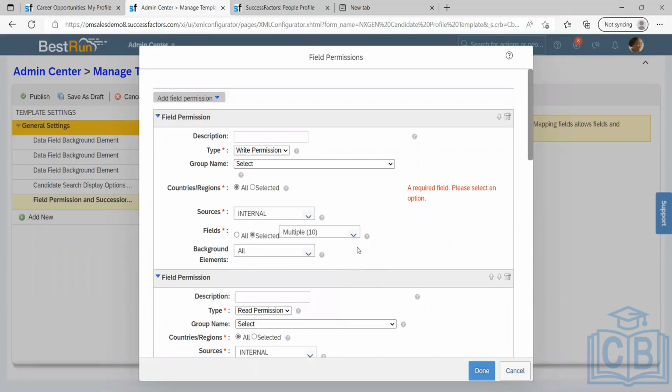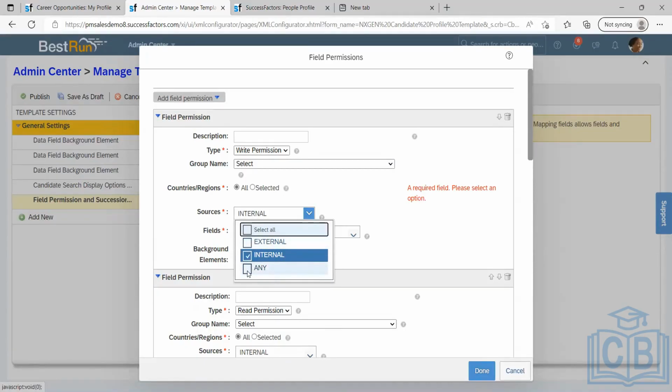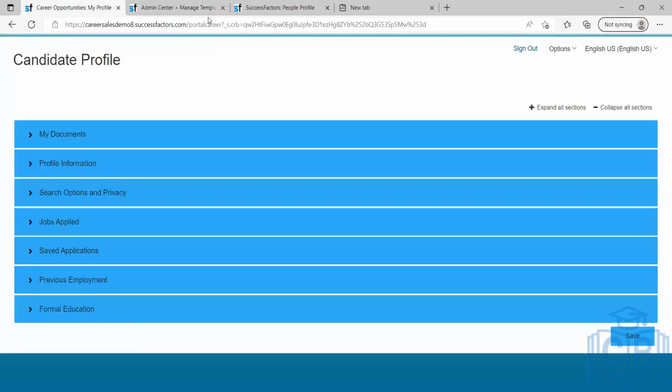What is the difference when I select sources? That I select internal, external, and both of them. I mean, what is the difference between selecting both of them or selecting any? It's all one and the same. It's just a combination they have given. If I give it as any, it doesn't matter, it's just a third option. That's all. Internal is something that, if I go to my careers page, I can see the